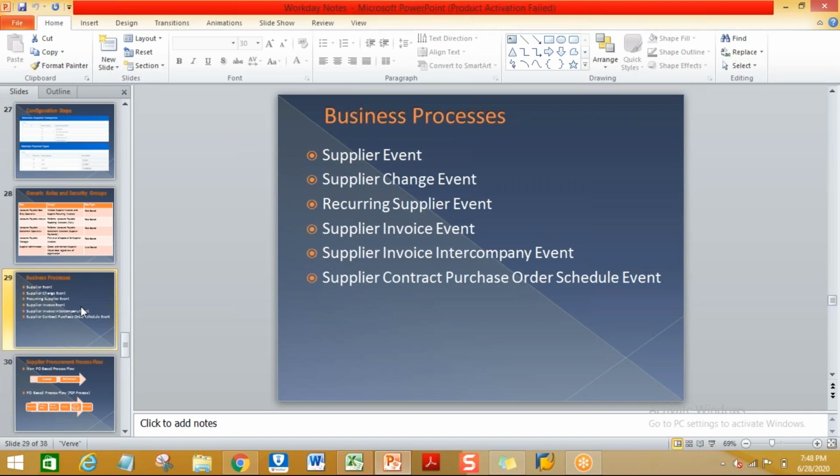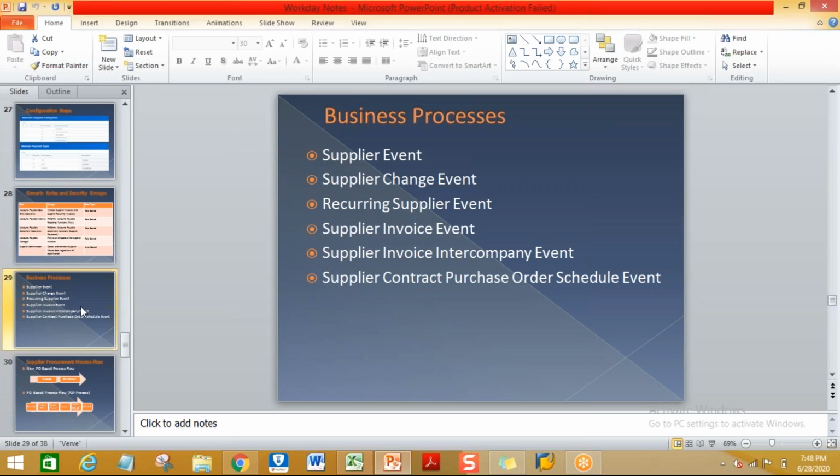Let's say you want to create a supplier master. To create the supplier master, there should be some approval process or sequence of steps. Let's say if you want to create local suppliers, you have to follow two levels of approvals. If it is foreign suppliers, three or four levels. It all depends on the business requirement.